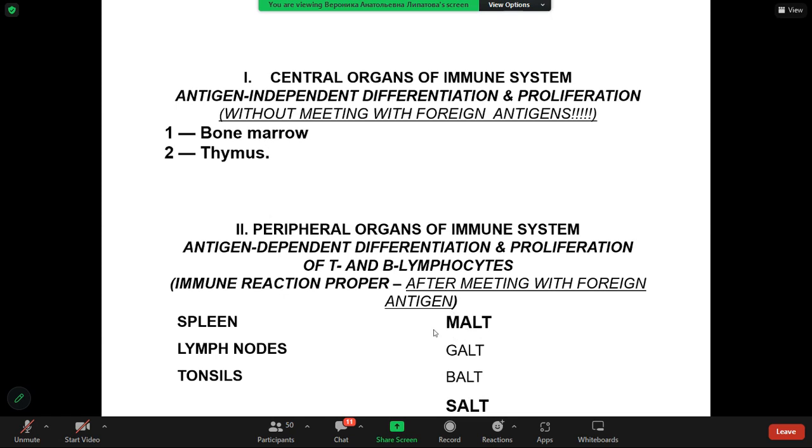mucus-associated lymphoid tissue, MALT, including gut-associated lymphoid tissue along the gastrointestinal tract, BALT, broncho-associated lymphoid tissue along the